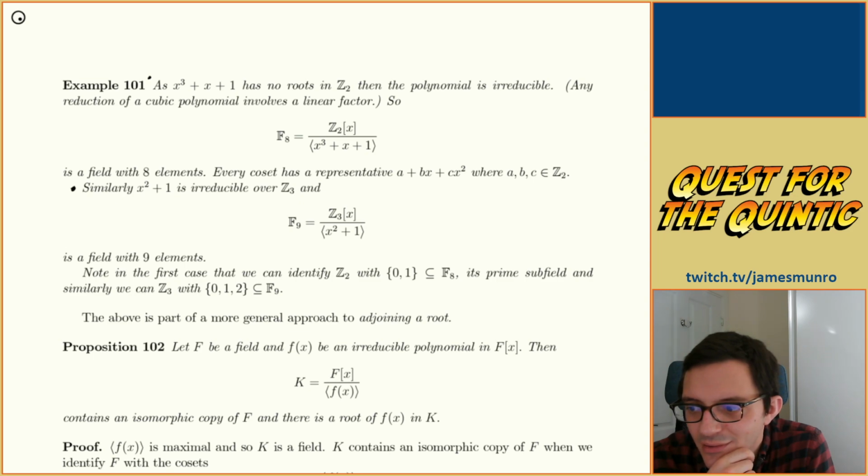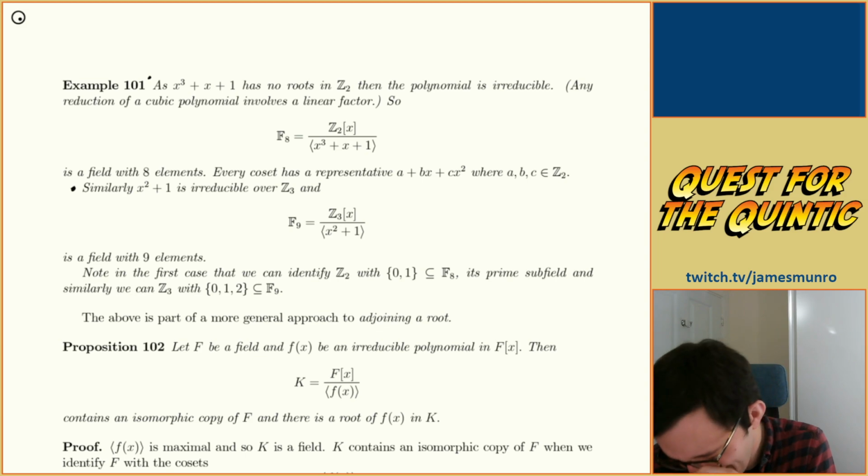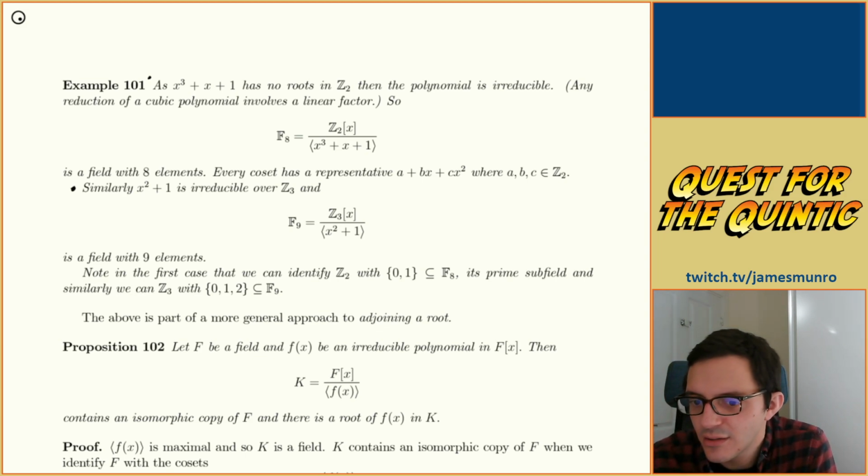In the first case, we identify Z2 with 0,1 in FA, its prime subfield. Oh, that was the thing generated by just adding 1s together. And similarly, in Z3, we can identify 0,1,2 as a subfield of F9. Gosh, okay, this is a thing about